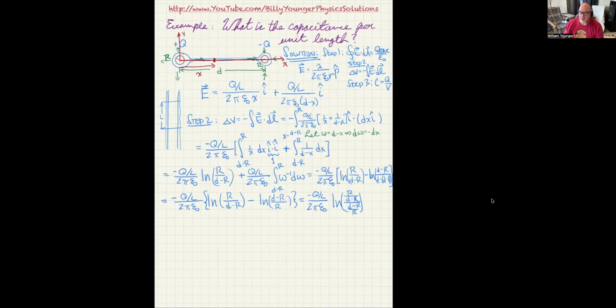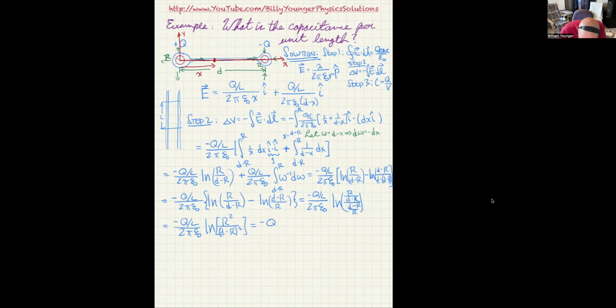So when you take the natural log of x to the a, the a can be pulled out in front, and that's what I'm going to do now. So when I do this, it's going to become negative q over L over 2 pi epsilon naught times the natural log of r squared over d minus r quantity squared. As I said, when you take the ln of something raised to a power, the power can just come out in front of the ln. So that 2 will come out and it'll cancel out the 2 in the denominator here. So our final answer for the voltage in this case, at least without making any approximations or anything, is